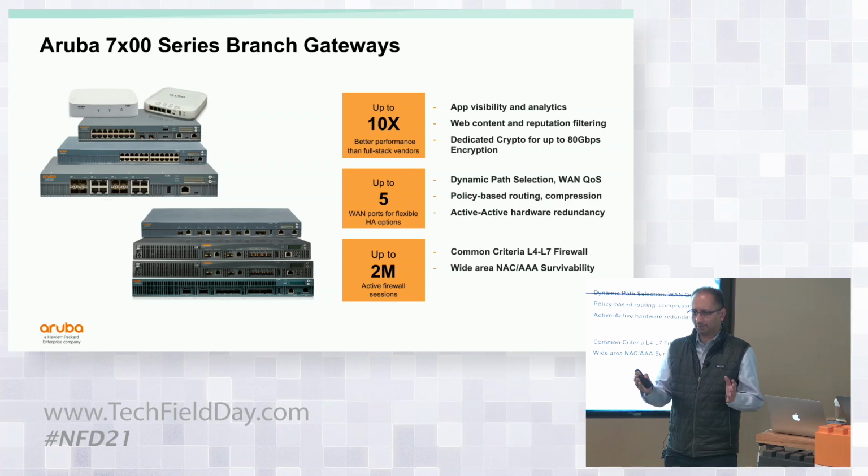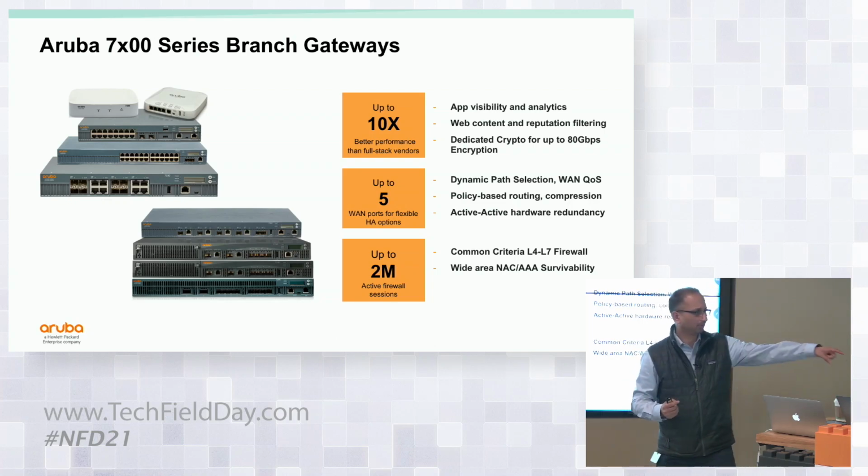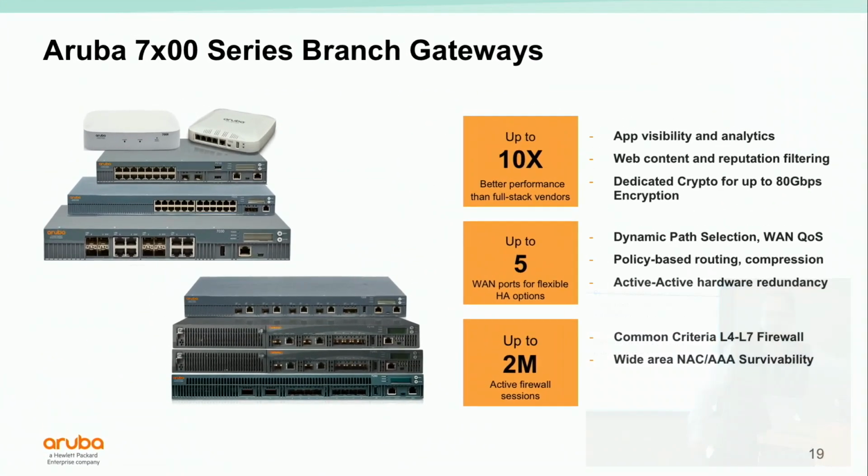When you look at the capacity and performance of the gateway, you see the little white gateway just below the access point. That's a 7005, and the 7005 does 2 gigs of firewall throughput and 1.2 gigs of encrypted throughput. Now, the question is, if you look at a traditional router, that's like 10x the performance, right? The advantage is obviously that if internet speeds double or triple, you don't have to replace the gateway. But there's a reason beyond just the WAN capacity